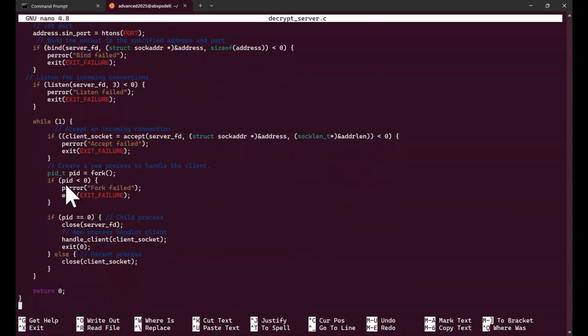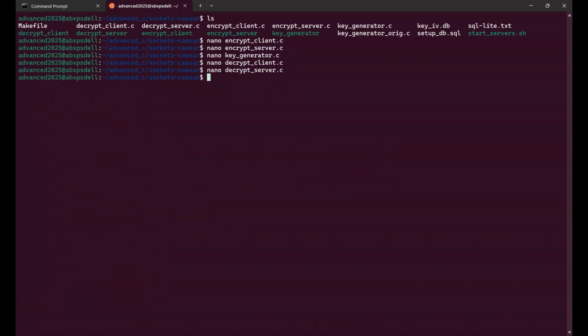See the fork process to create a new process to handle a client. Okay, so I have three. I'm gonna run three servers. So now they're not running, but I want to show you something. I already compiled everything. Okay, so when you have all these files working together,